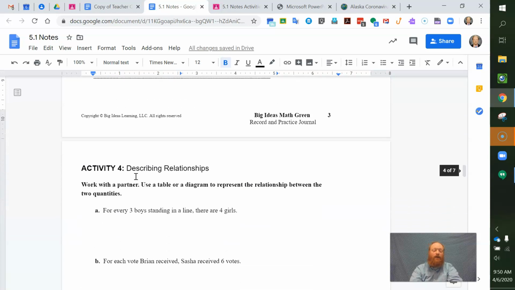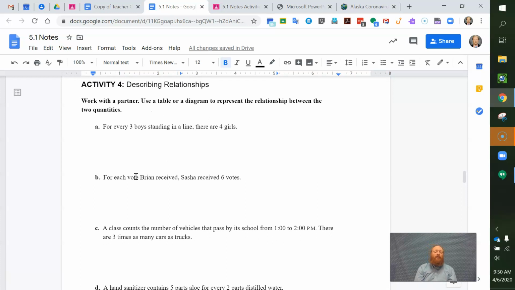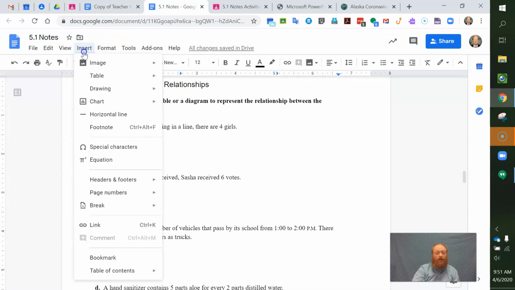Perfect. Here we are. Activity 4, work with a partner. Use a table or diagram to represent the relationship between 2 quantities. For every 3 boys standing in line, there are 4 girls. Okay, so we're going to do emojis. So insert,